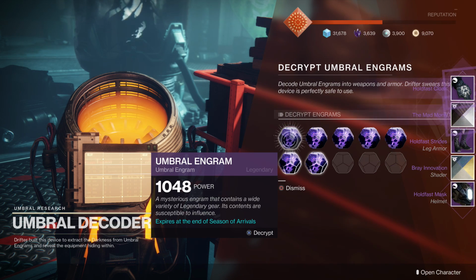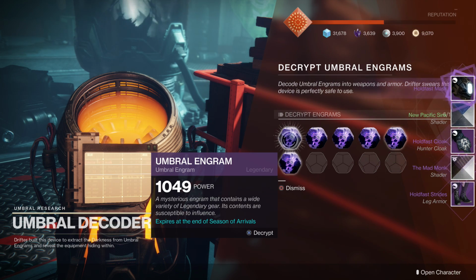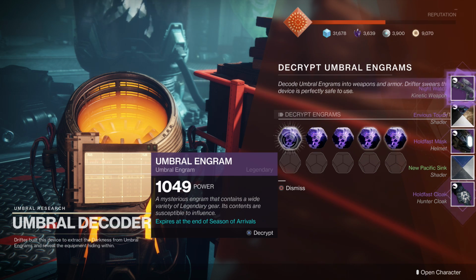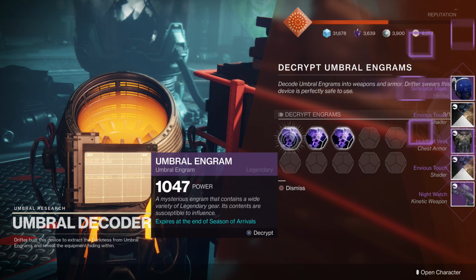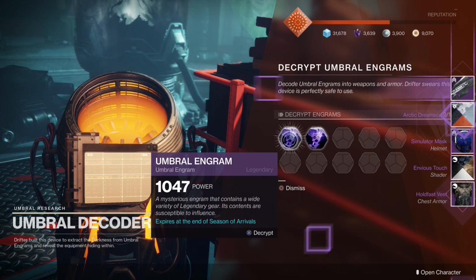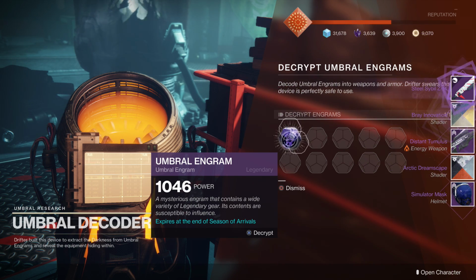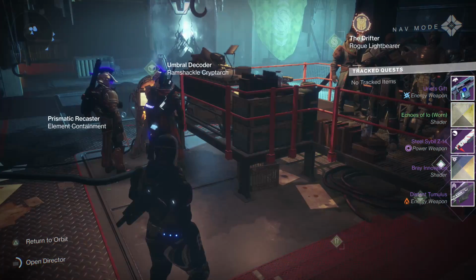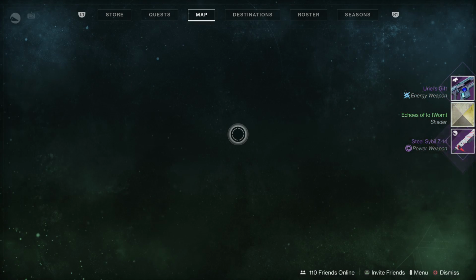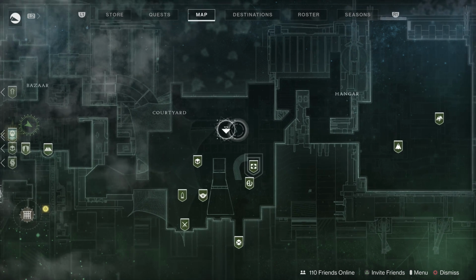I'll go back to my postmaster after this, and we will check it out one more time. If I do get at least one, that'd be pretty cool. But don't be surprised, it is a pretty low chance. Nonetheless, this will be one of the better ways to farm. So I'm going to turn all these in, and no such luck here in the first batch, but let's head back to my postmaster. I'll grab those other ones, and we'll decrypt those too,